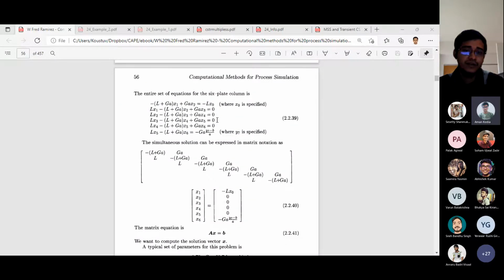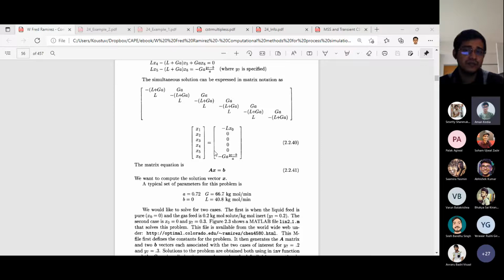So you will have this sort of equations where other coefficients will be zero in the coefficient matrix, and the diagonal and off-diagonal will be non-zero. And then your b vector, that is the constant vector, is like this. And then you just have to use the set of parameter values, that is a, b, g, and l,